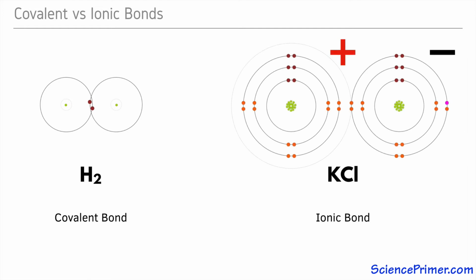Contrast this with ionic bonds, which form between atoms with opposite electrostatic charges. When the atoms in a covalent bond have similar electrostatic charge, they share the electrons evenly. These are called non-polar covalent bonds. Covalent bonds can also occur between atoms with different electrostatic charges, and in these cases, the electrons are not shared